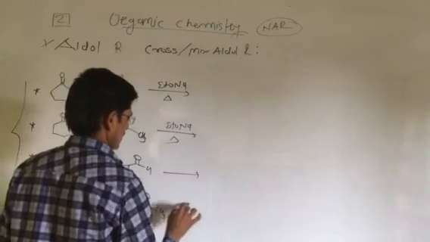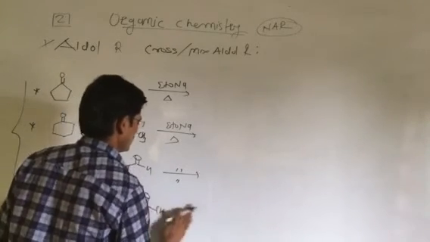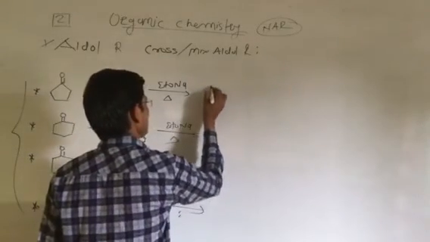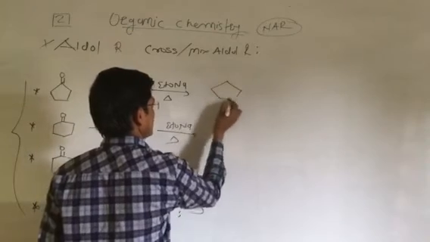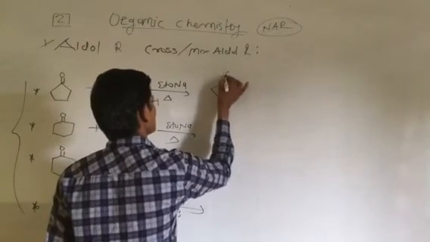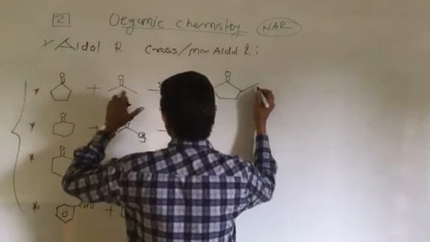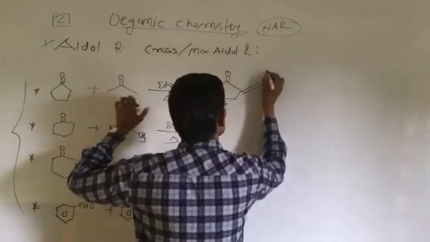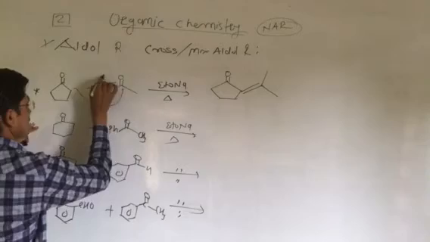Then what happened? This is the reaction condition. So what is the product of the reaction? This is a 5-membered ring. This C double bond O is going to form what? It attacks on this type of carbon, and here a double bond is generated, and this is a CH3. So it attacks on this type of carbon.